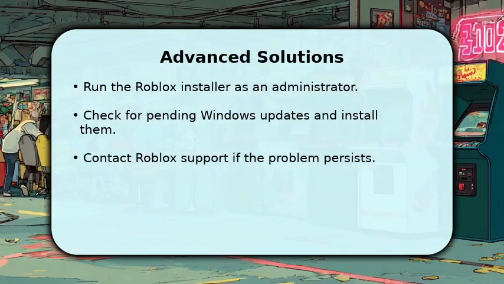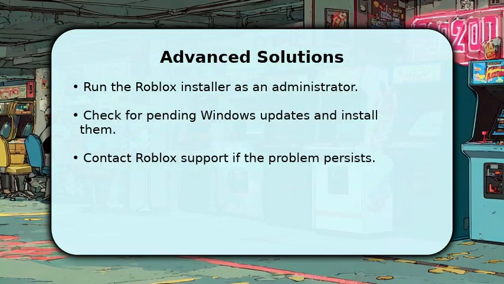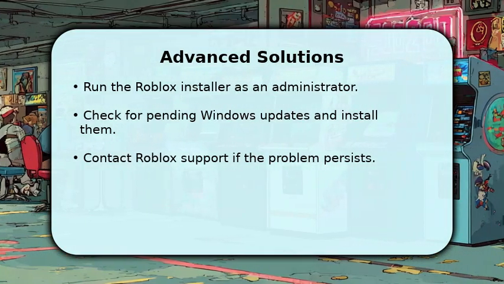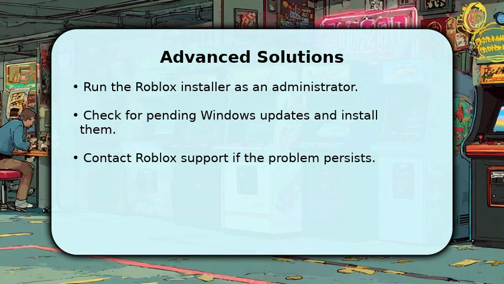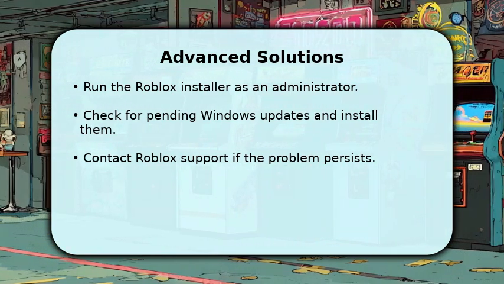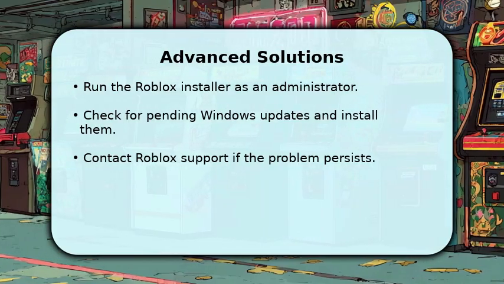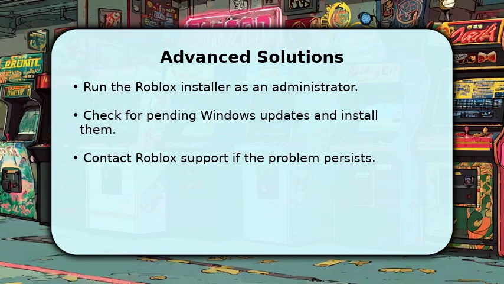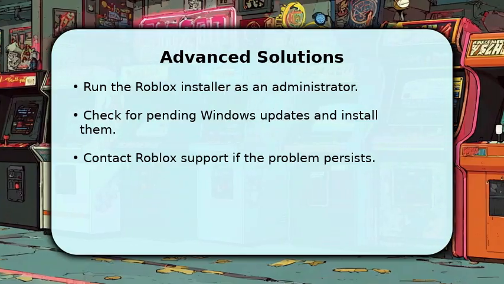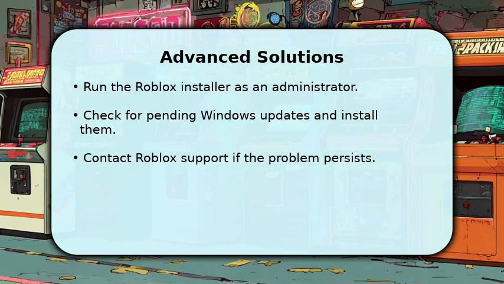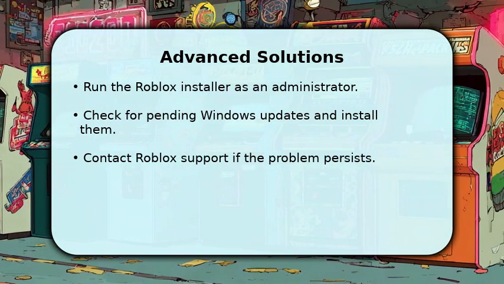For more stubborn problems, consider running the Roblox installer as an administrator. This grants it necessary permissions. It's also a good idea to check for any pending Windows updates and install them, as outdated system files can cause compatibility issues. If you've tried all these steps and Roblox still isn't downloading, your best course of action is